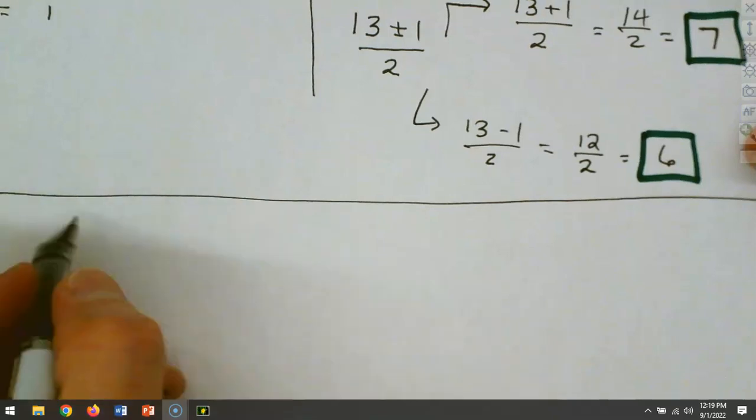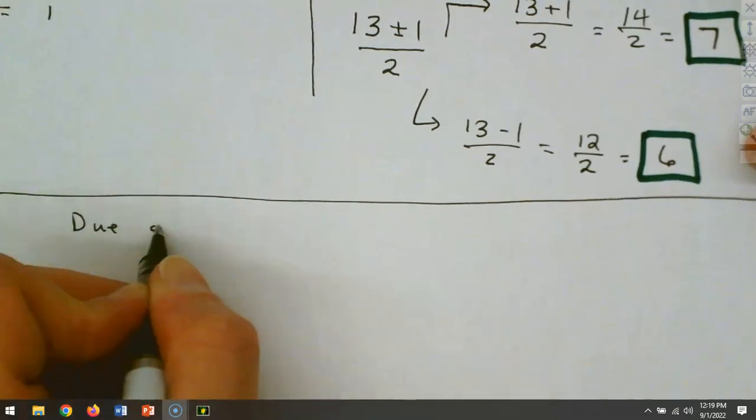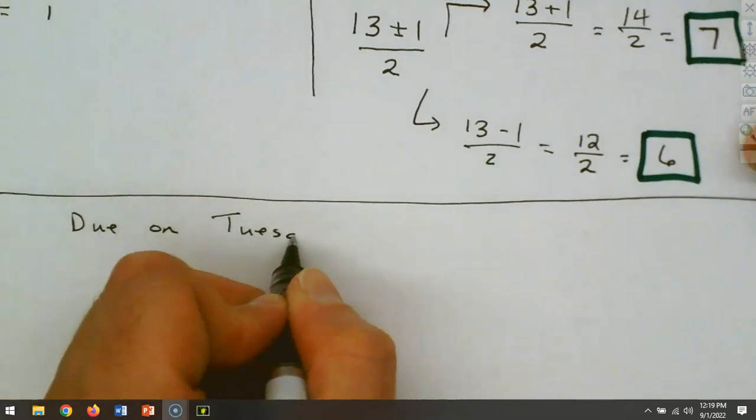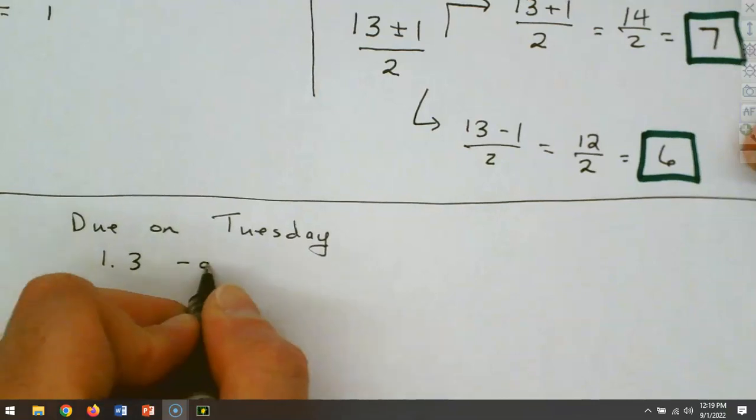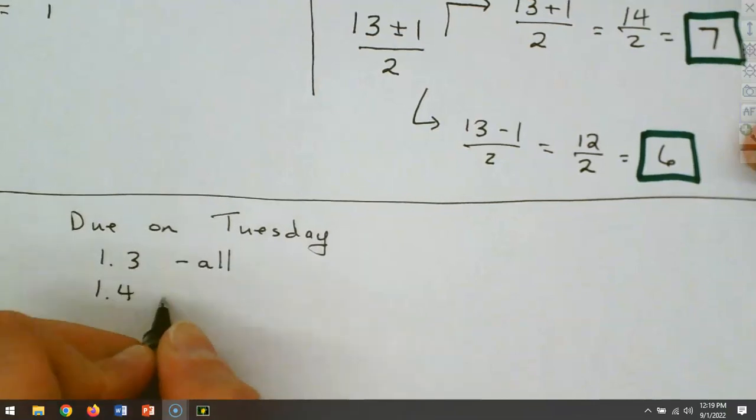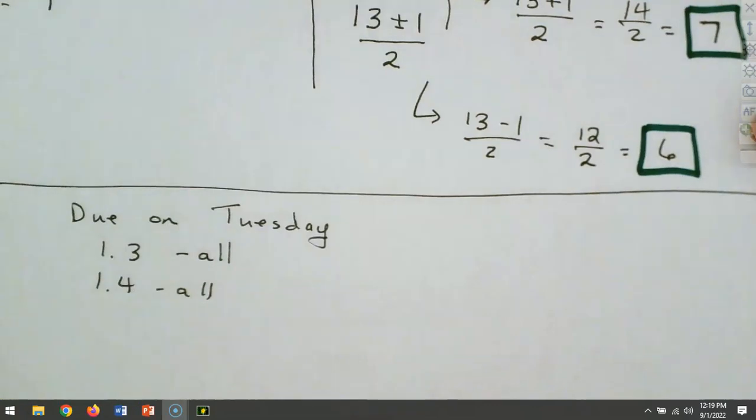So what's due on Tuesday? Is going to be 1.3. You should be able to do them all. And 1.4. You should be able to do them all. If you haven't done so, please turn in your homework from last time. So if you finished your homework last time, I have it graded, and you can pick it up. If you haven't turned in your homework, please make sure I get it today, and I'll get that recorded for you. But if you turned in homework last class period, I have